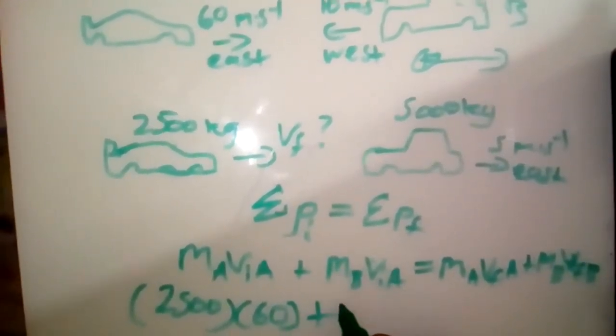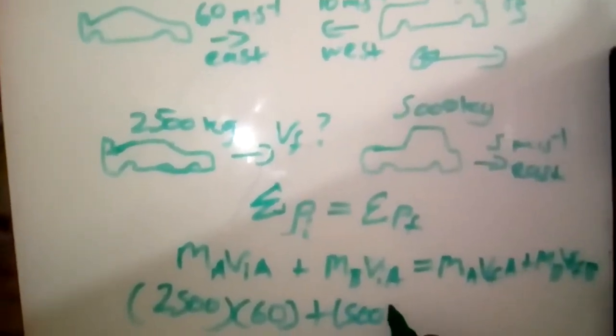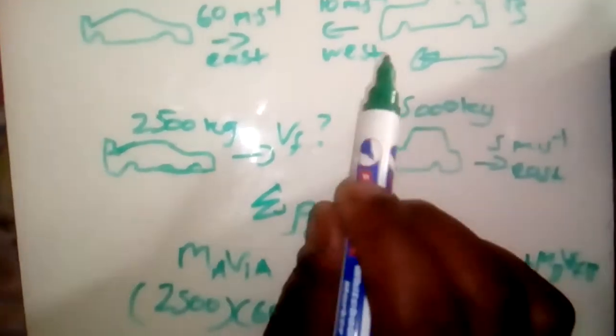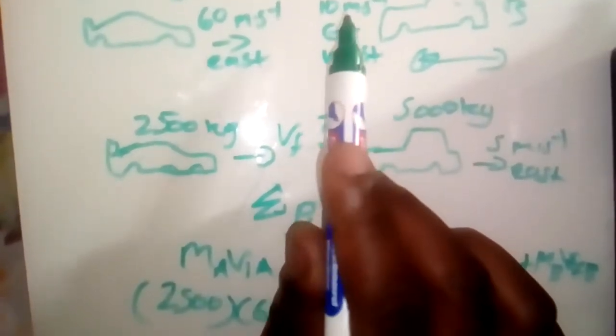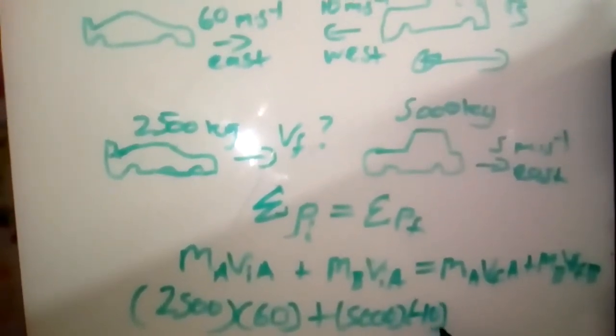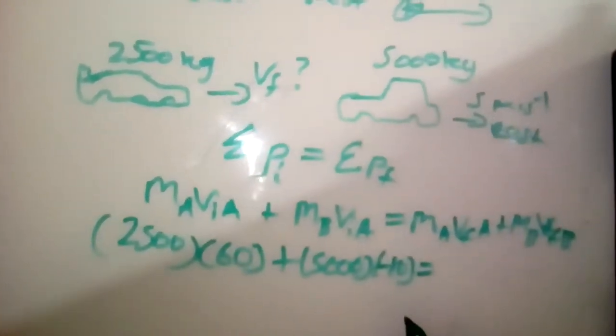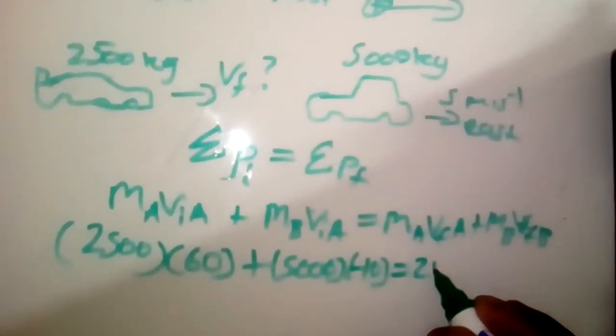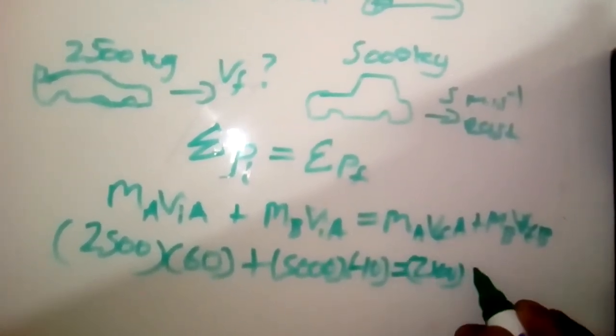Then here we've got the mass of object B, which was 5,000 kgs. And what was the initial velocity? It was 10 meters per second to the west. So it's going to be negative because it's to the west. And then we're going to say equals the mass of object A, which is still 2.5, times the final